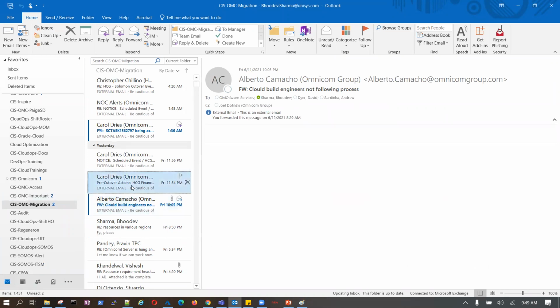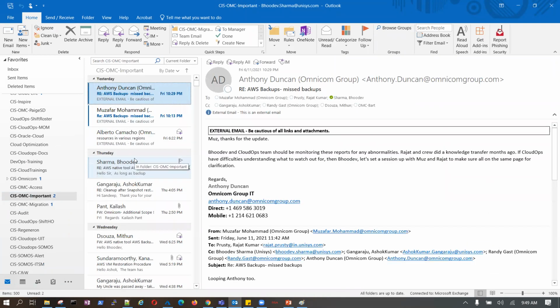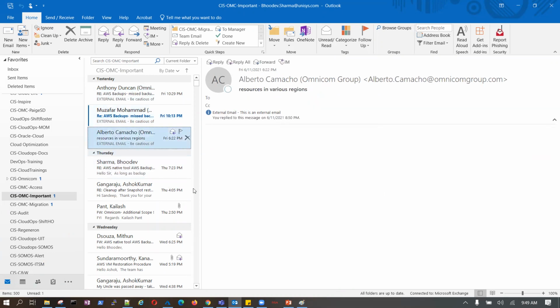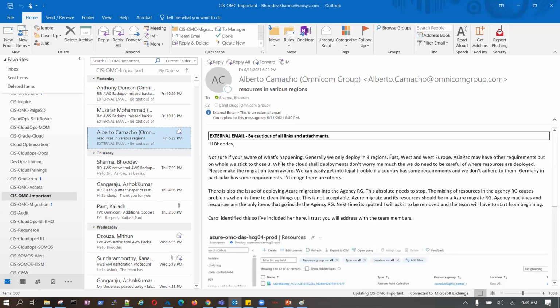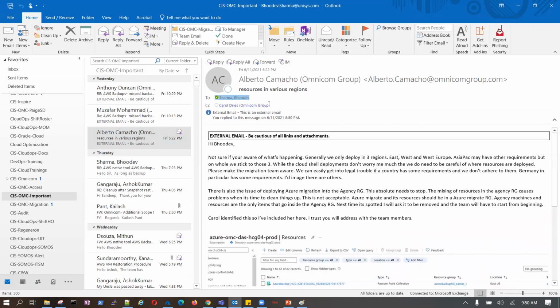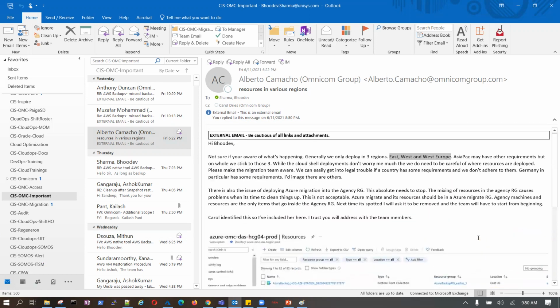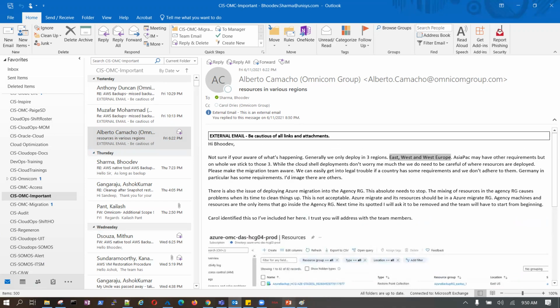Is it also possible through the firewall? Give me a moment. If you look at it, this is the same case we are discussing. This is East US, West US and West Europe, right? And a resource was created by one of my team members here which is not as per the compliance. Immediately I get an email. Got my point? Because here the control is not put, policy is not put, so the user was able to create it. Got it?